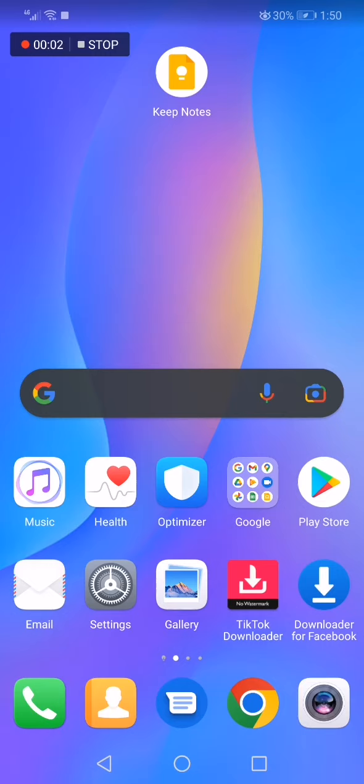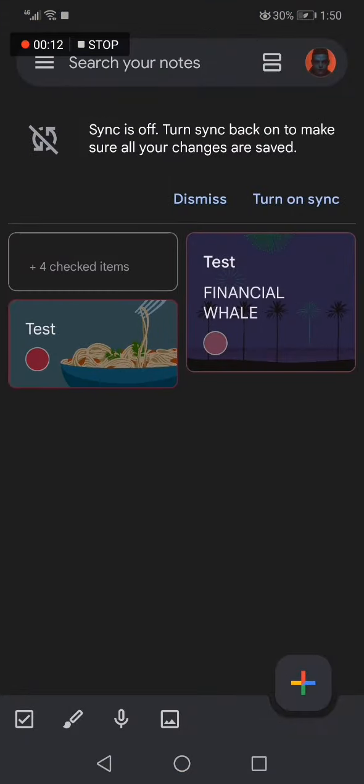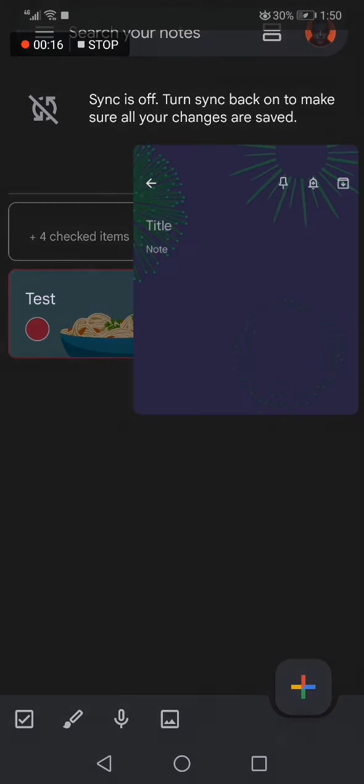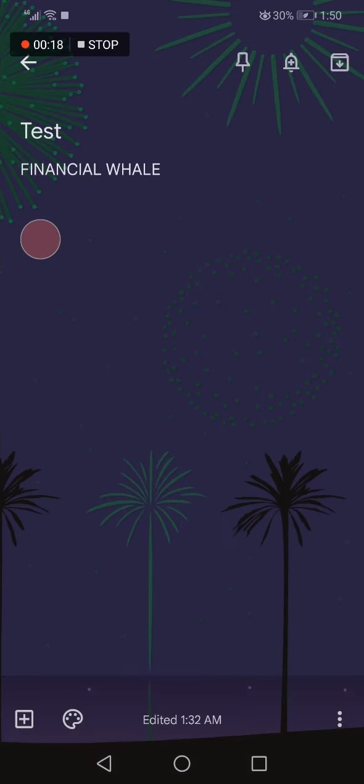How to share a note on Google Keep Notes to Google Drive easy and directly. So all you have to do is go to Keep Notes. Now this is the home page. As you can see, I'm going to take this note for example. Go to your note, and now all you